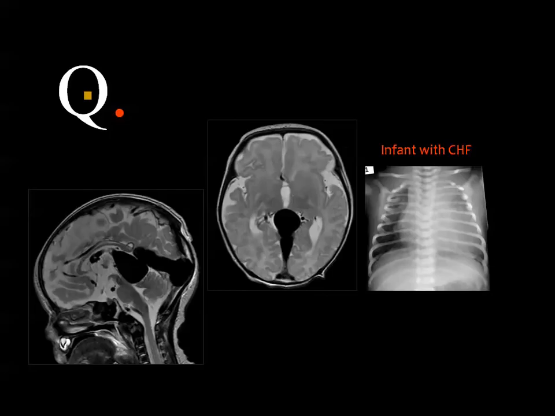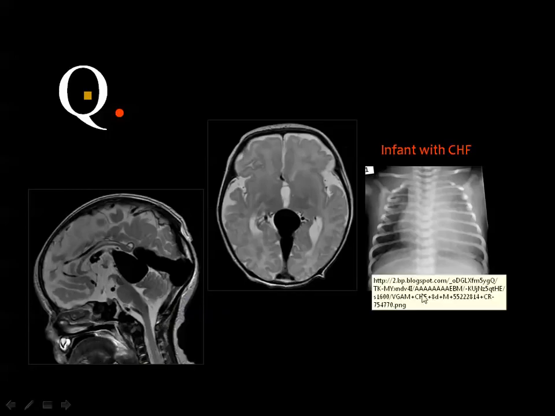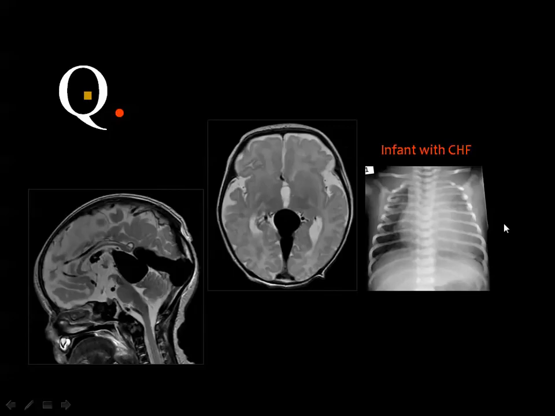Vein of Galen, aneurysm, malformation. The exam is sagittal T2, axial T2, chest X-ray. And chest X-ray is presented here to show the most common presenting symptom by the patient, which is congestive heart